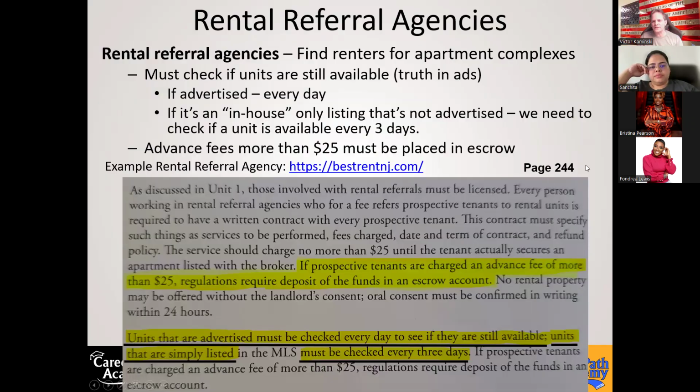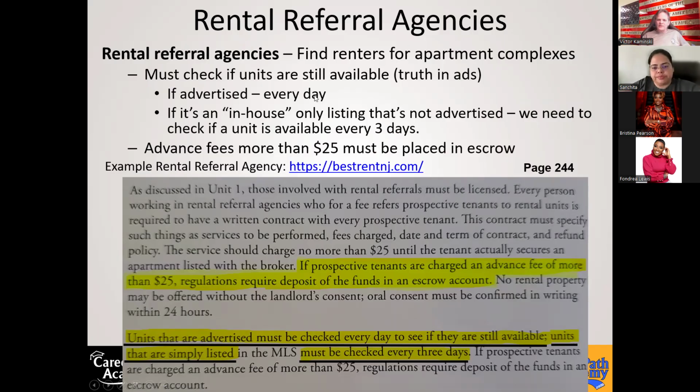Okay, rental referral agencies. We went over these at the end of chapter 1. Rental referral agencies are when a real estate company specializes in only dealing with rental properties. They come to agreements with large apartment complex owners that if they find them a tenant, the owners agree to pay them a referral fee. Now, because these apartment complexes usually have their own rental agents, it is possible that they could rent them out on their own. So we need to check if we get one of these listings.